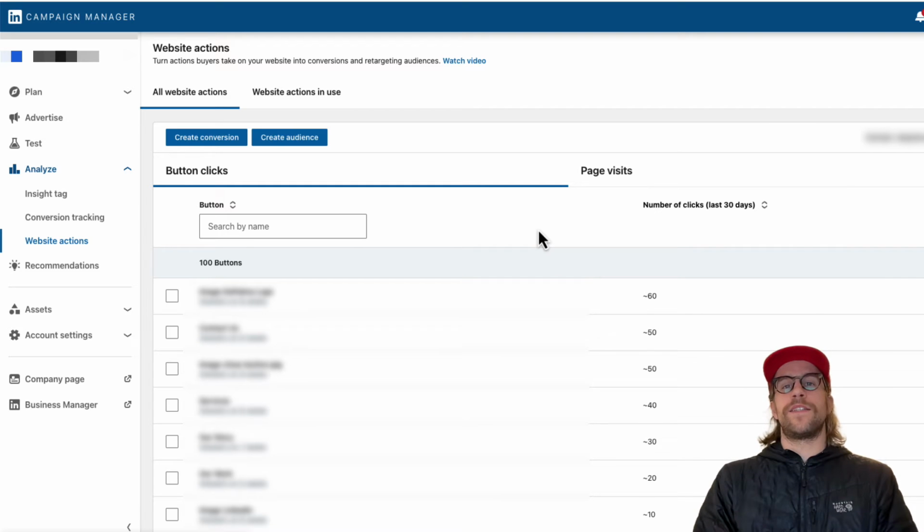So you're first going to need to install your insight tag for this type of conversion tracking. And then around 24 to 48 hours, the website action section will auto-populate different pages of your website and different buttons that appear on your website. And you can use those to streamline your conversion tracking. You can set these up manually as well, but this is a newer feature that helps speed up the process when you're creating your conversion tracking. So again, I'll put those videos above for setting up your insight tag. And then once you have that complete, you'll see this populate in about 48 hours,